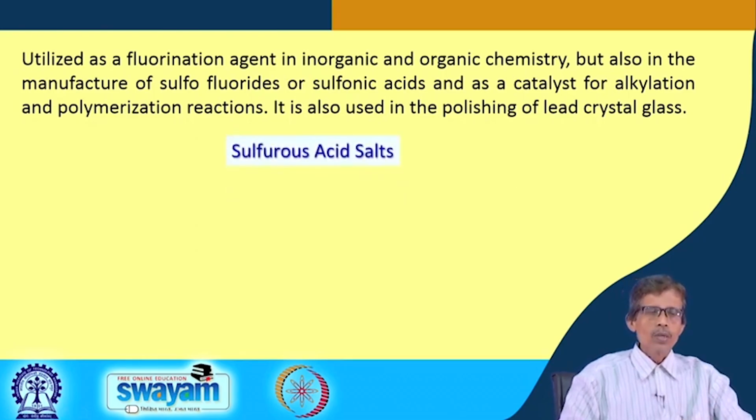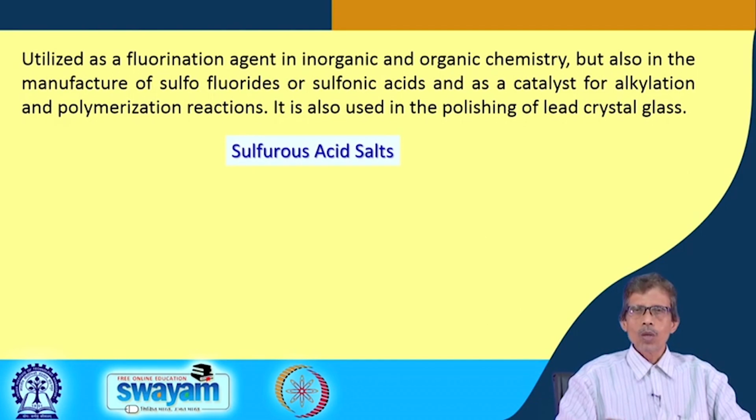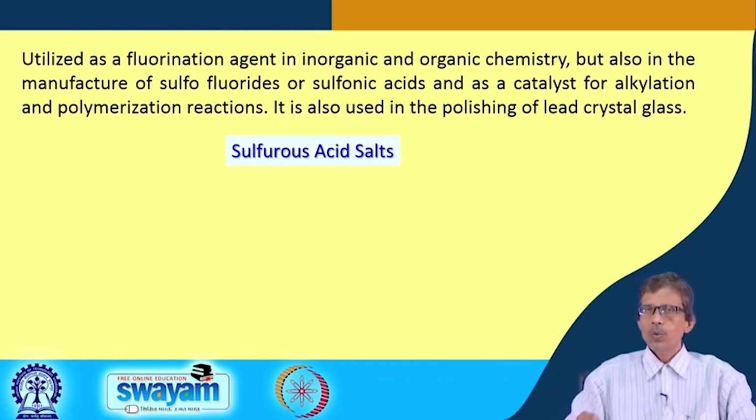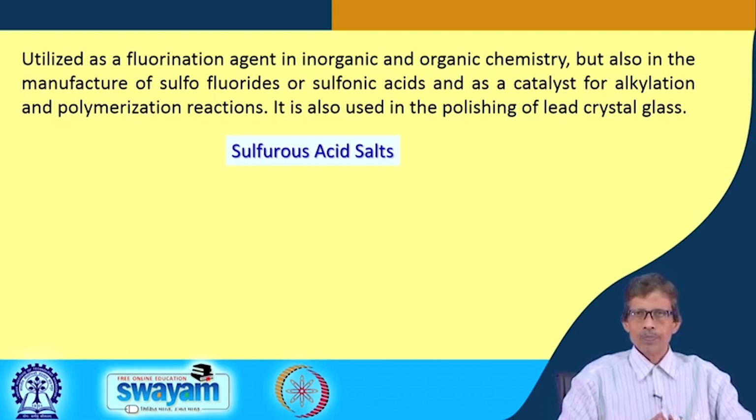Now, we will go for sulfurous acid bearing different salts. So, we have seen how we can get sulfuric acid. We can also see when sulfur dioxide is being trapped by water molecules, we get H2SO3, which is nothing but your sulfurous acid. Now, how we can convert it to some corresponding salts, whether you can get the sodium salt of sulfurous acid, potassium salt or ammonium salts, because sometimes we will find that these